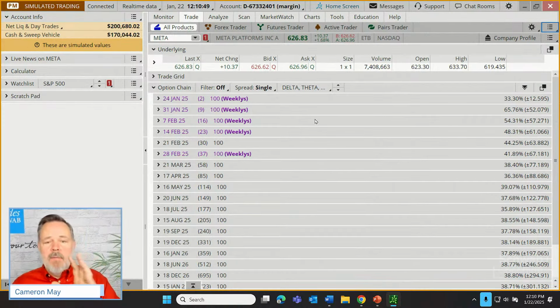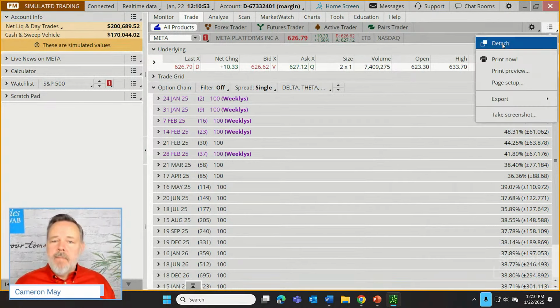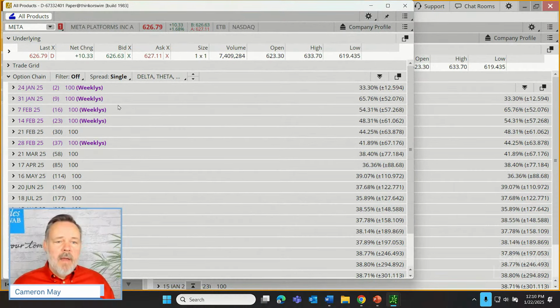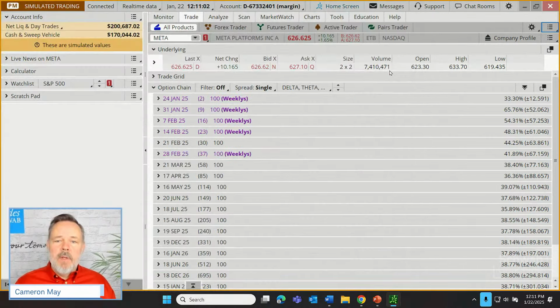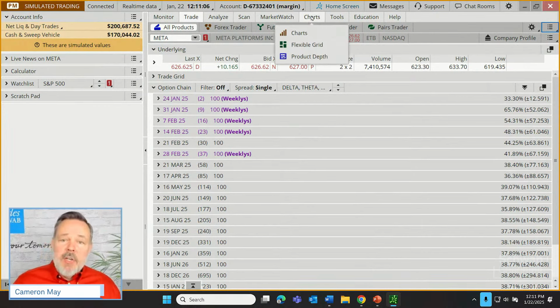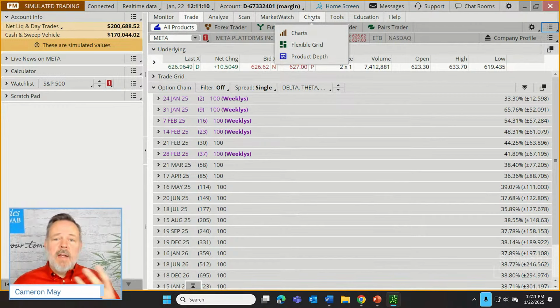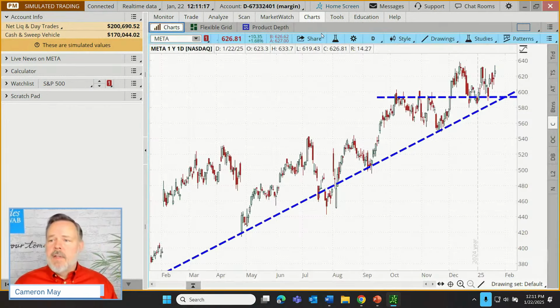Now I just actually closed out those extras. When we detach something, it creates a separate window, but also we can just close that out just by clicking the close button up in the upper right. So close that out. But speaking of detaching charts, let's move into navigating charts more readily. So we've talked about a few ways to navigate Thinkorswim generally more quickly. What about charting? Let's go to charts.